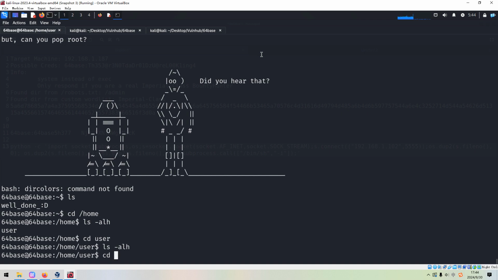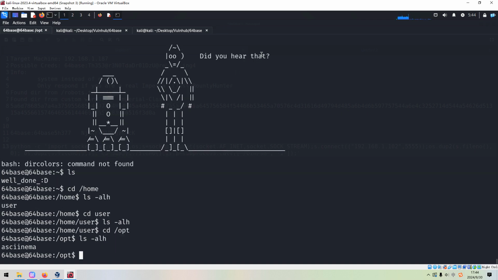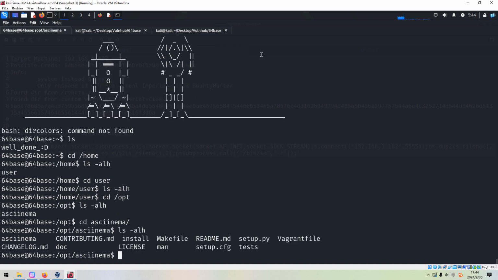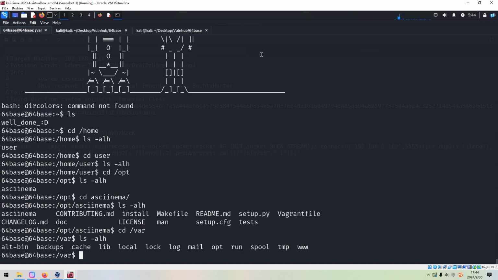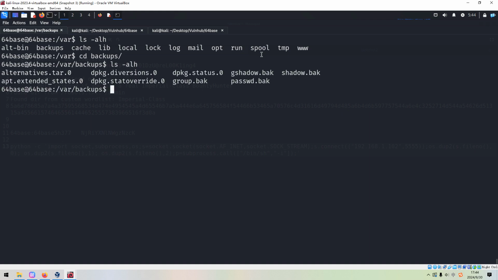So next we need to navigate across some directories, okay. Nothing there. Go to the var. Go to the www or backups. Nothing there. Go to www directory.